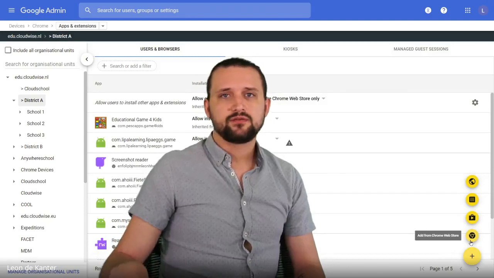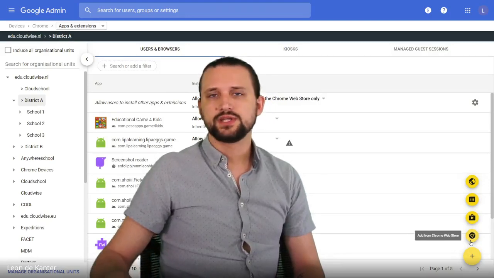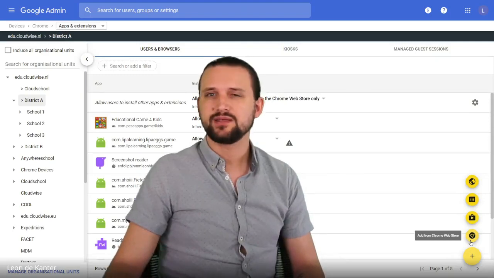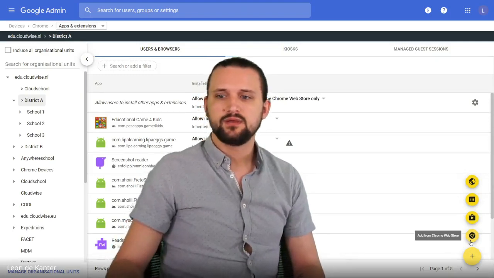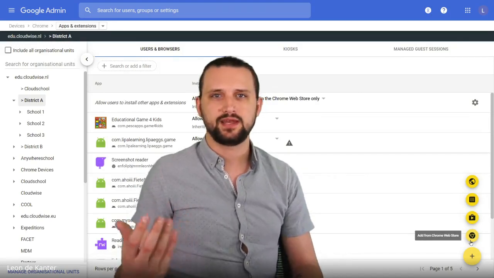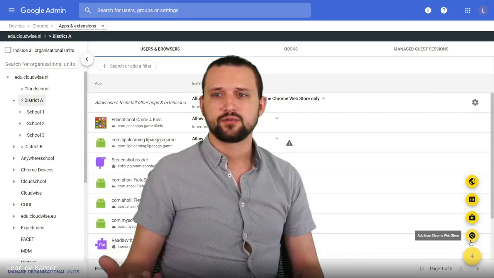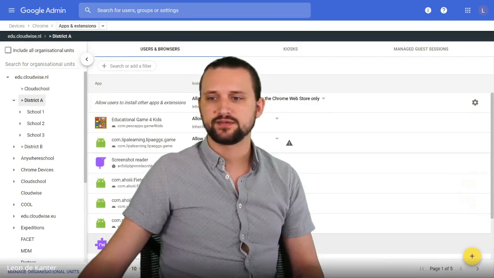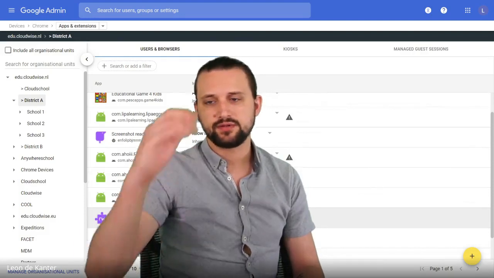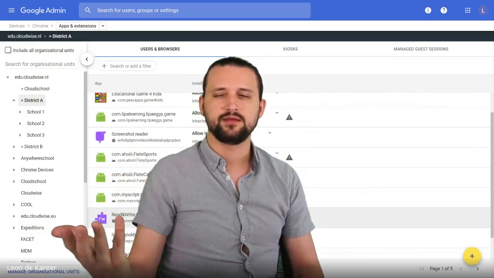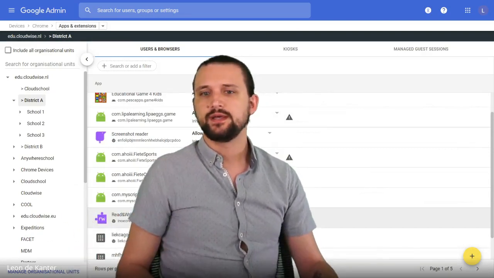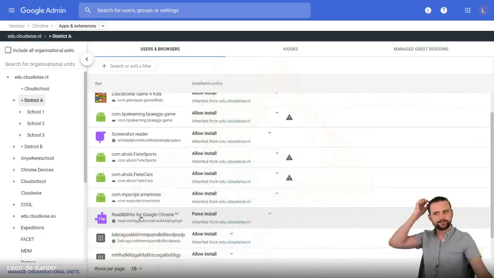The things that we can add through the Chrome Web Store are mostly extensions, or they are Chrome apps, but more likely you'll use it for extensions. An extension is not so much a standalone app as it is something that enhances your browser. So for example, I think Read and Write is a very good example. Read and Write is a piece of software that makes sure that you can have your screen, your web page that you currently have opened,